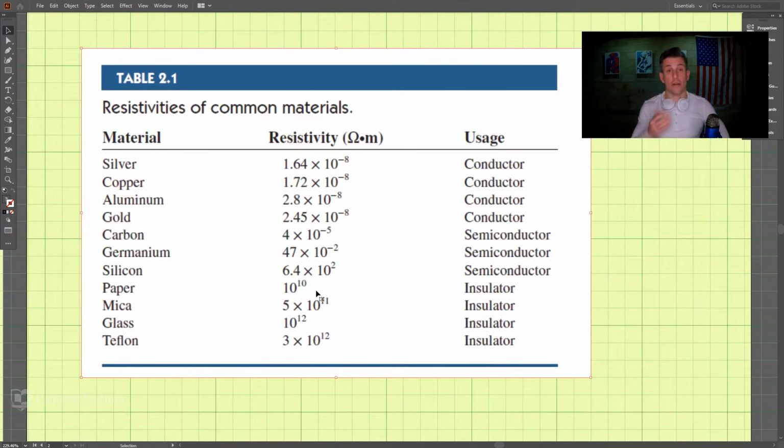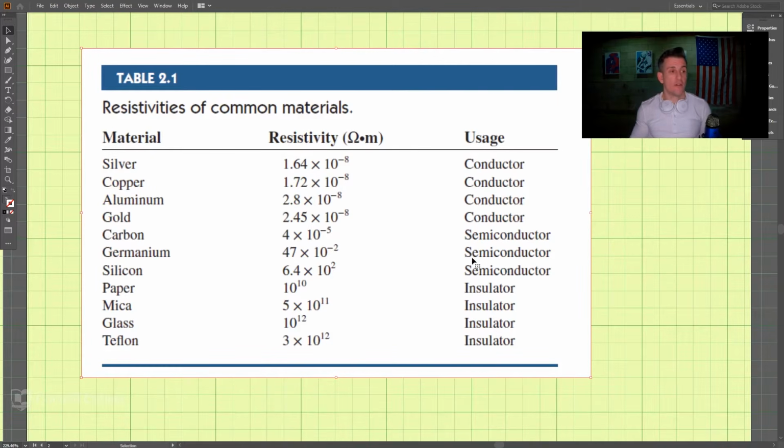So they are very good at insulating, or not allowing electricity to flow. So they stop electricity. And then in the middle here, we have things that are in the middle. They are not big, they are not small, just in the middle. And we use these